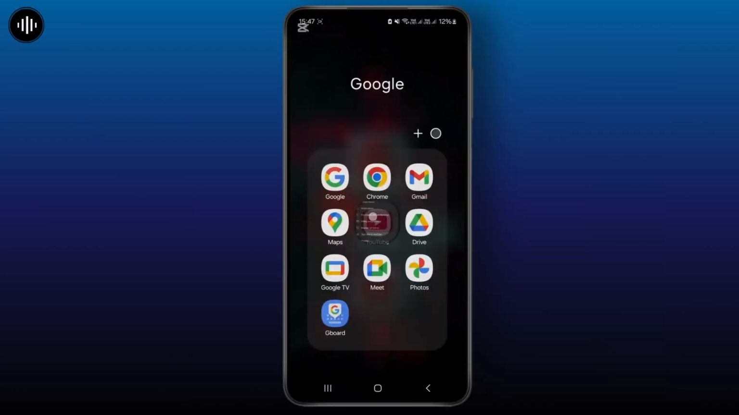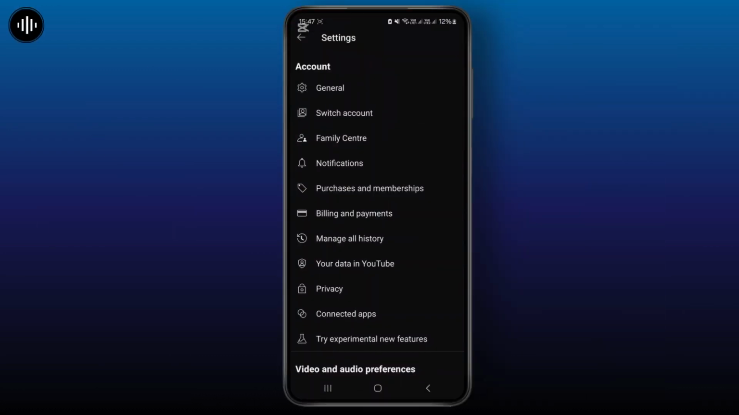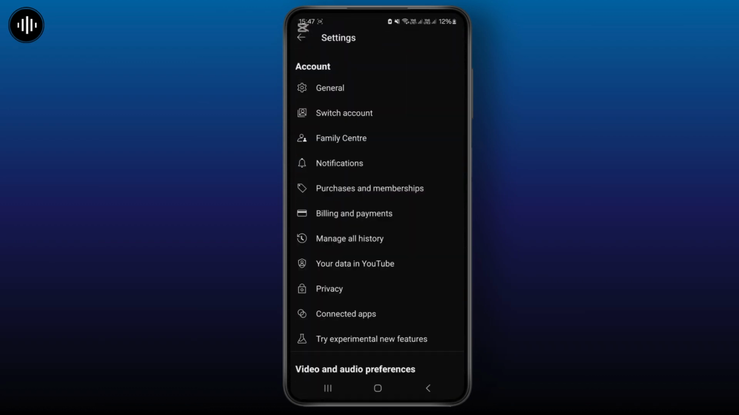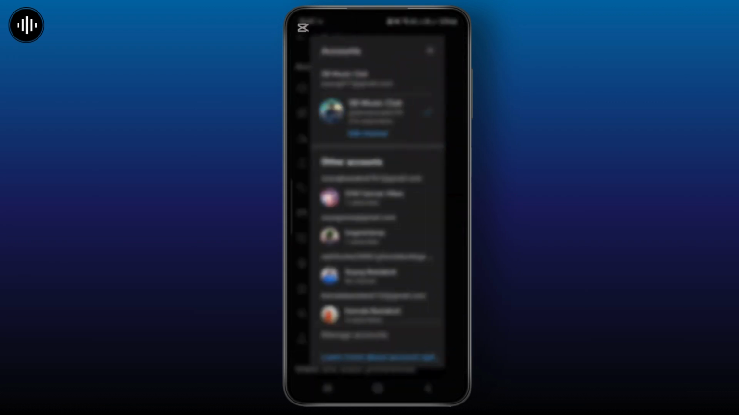First, simply head over to your YouTube application. Inside your YouTube application, open your existing profile settings from here. As you can see, the settings logo here. And once you are in this profile setting, simply click on switch account here, and you can see in the